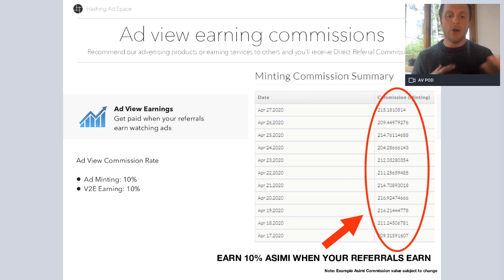So when you're talking to your team, you might be thinking, well, not all of my team is minting, and that's fine. One of the strengths of our system is this view to earn system. The view to earn system allows anyone to come for free, start watching ads for free, and you earn, again, 10% every time they watch an ad. You get 10% on top, guys, and they just get their full amount. We're not taking it from the ad viewer. It's paid on top, and you get that into your account.